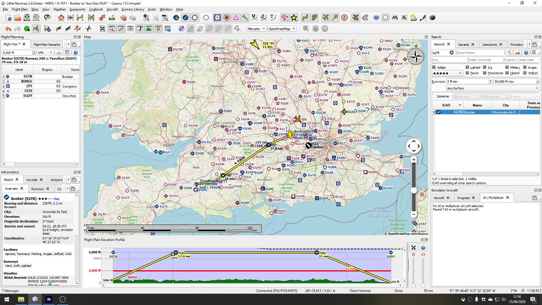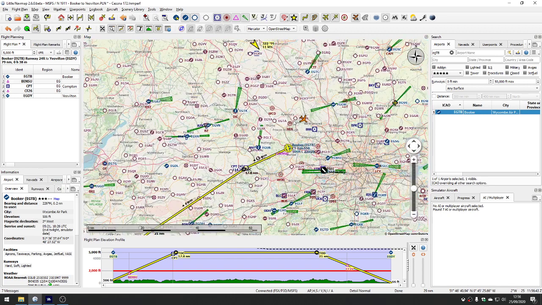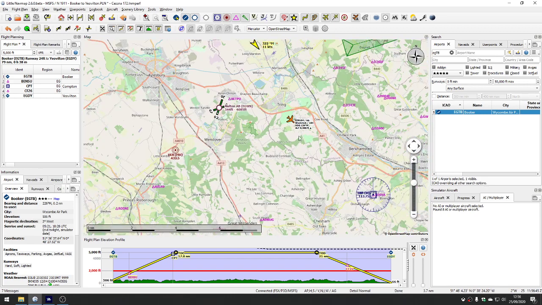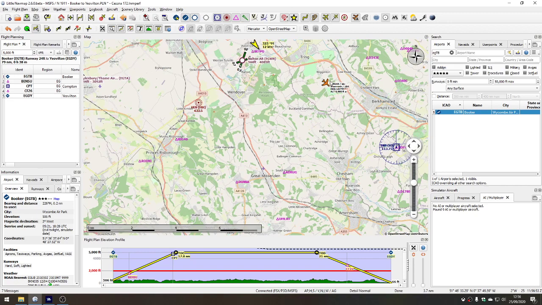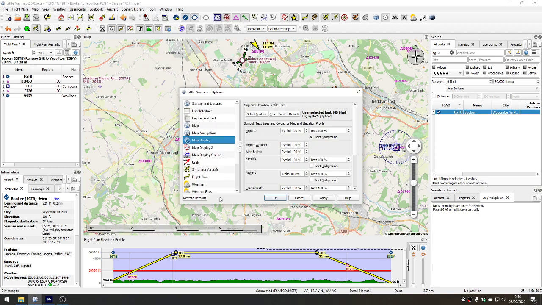It'd be interesting to see what the radius is of the aircraft that are appearing on the map, and if we can see much about them. So if we log in, yes, we can see their call sign. That's going to be down to the configuration actually of the options in here. So if we go to Tools and Options,